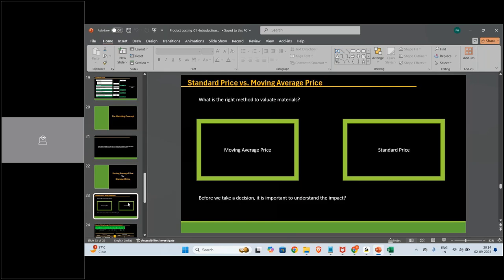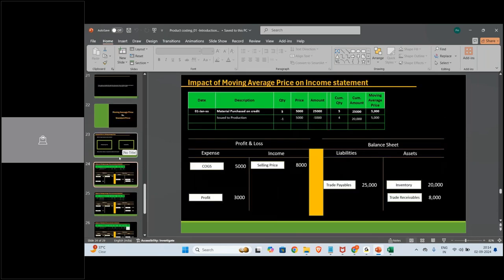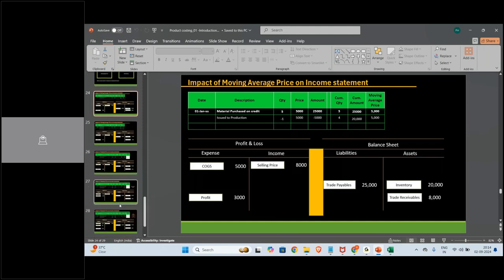Now, when I am saying all of this in session one, you may tend to get confused. But if you have understood my style of teaching, I go in a very layman way for each of these concepts. I'll go into threadbare examples with journal entries and all these calculations. Configurations are important, but why it is being done, how it is linked, which particular setting impacts this one, to those details I'll be going. Ideally, I'm supposed to cover the moving average price as well as the standard price. I will leave it for the next session.